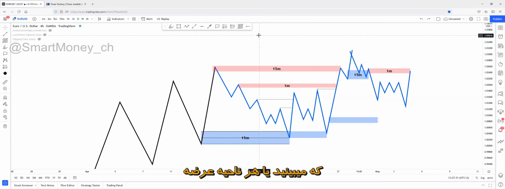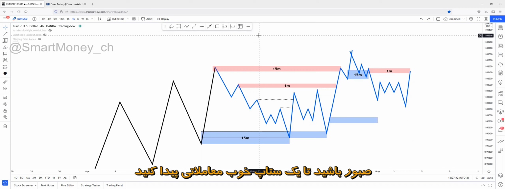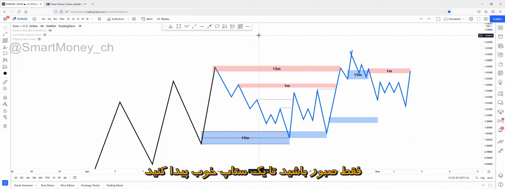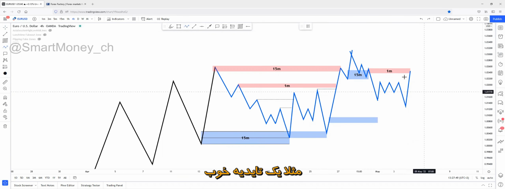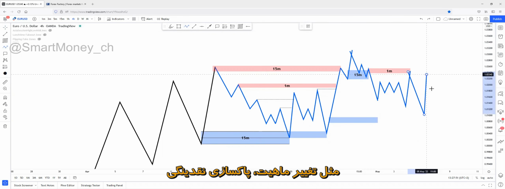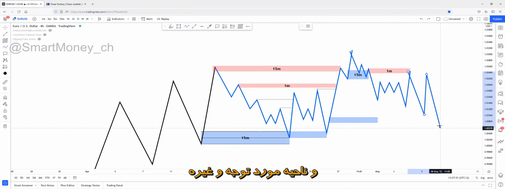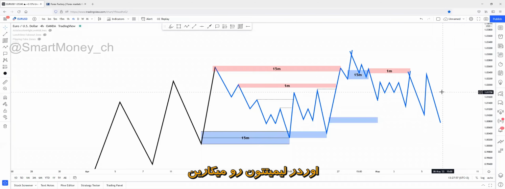You have to understand this, that markets aren't going anywhere, okay? Market will stay here. All you have to do is be patient. Stay patient until you find a good setup. For example, a good confirmation, character changing, POI, liquidity sweeping, etc. And if you find that setup, you enter on that setup. You set a limit order on that setup.